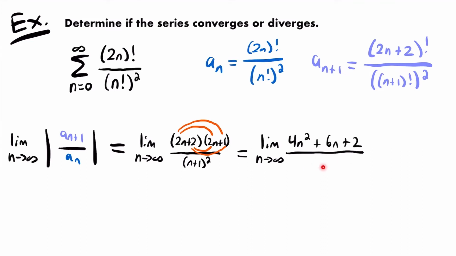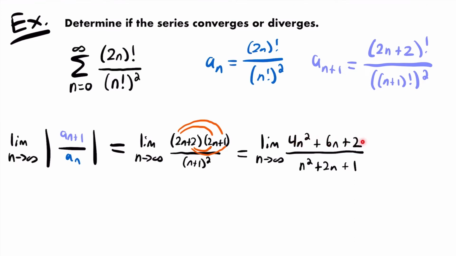And then for the denominator, we want to square n plus 1. So I'm going to use a little trick to do that quickly. We'll square the first term, so n squared is n squared. Then we'll multiply the two terms together and multiply them by 2. So n times 1 is n, times 2 is 2n, so we have plus 2n. And then our last term will be 1 squared, which is 1. All right, and so now our limit is in its fully expanded form, and so we can take a look